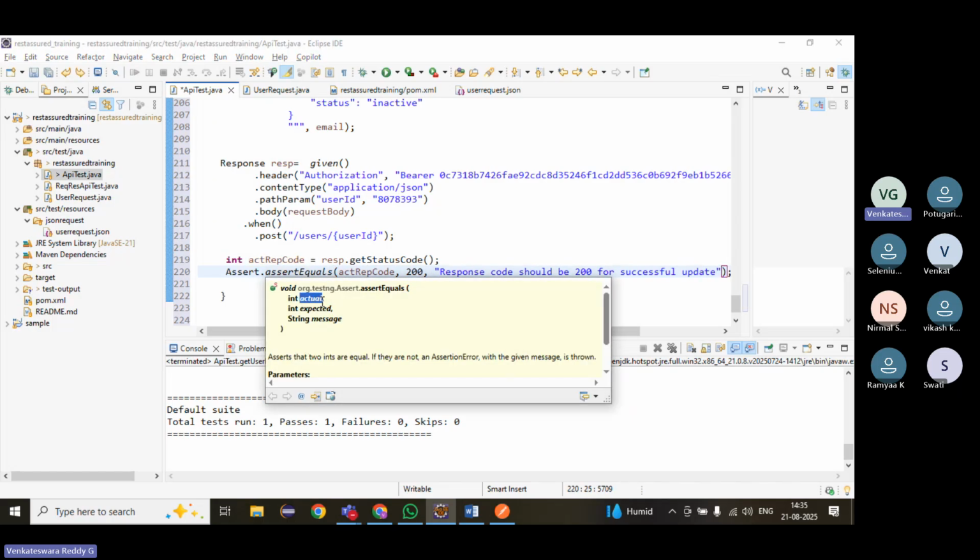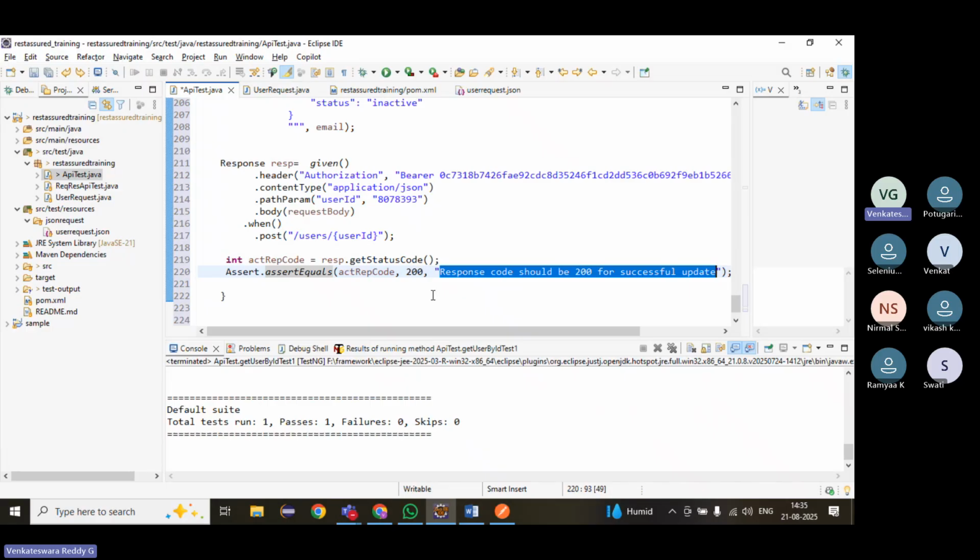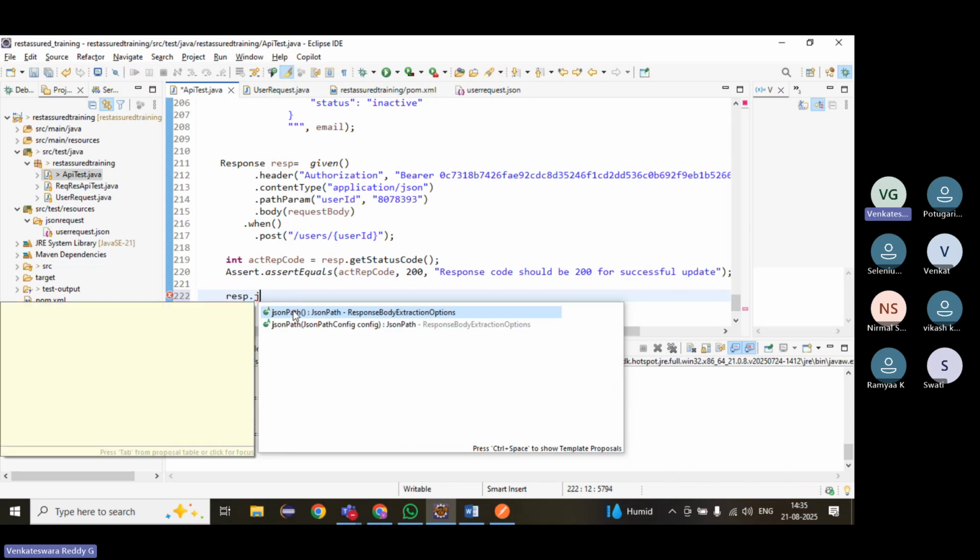First argument will be actual. Second one is expected. Next one is message. Message is optional. If you want, pass it. Otherwise, you can ignore it. Okay, fine. If you want to validate some other things, you can do it with response.jsonPath